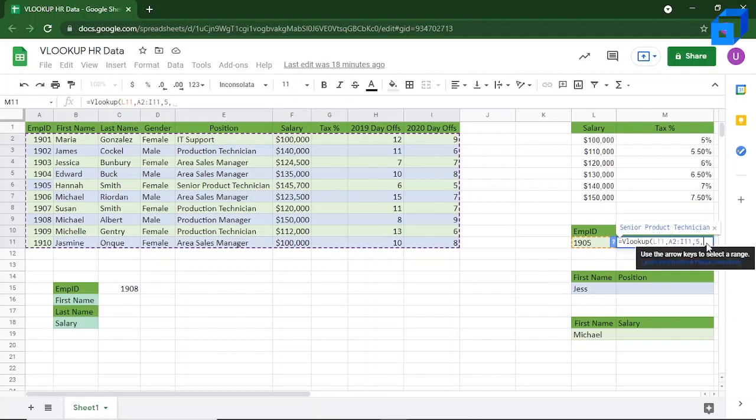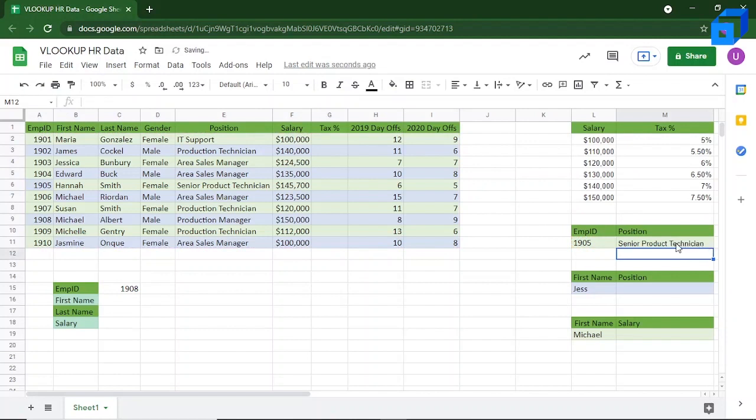Now, since you want the exact match, we'll put it as false and close the bracket. So the value which we get over here is senior product technician. Let us check if this value is correct over here. So 1905, the position is senior technician. So that's correct.